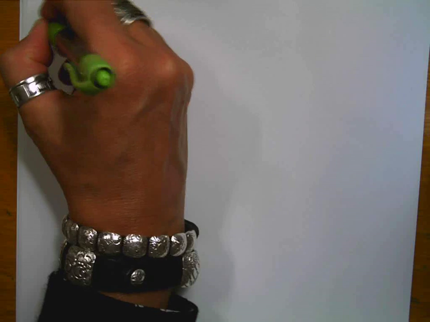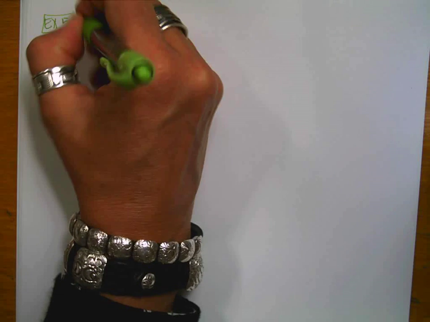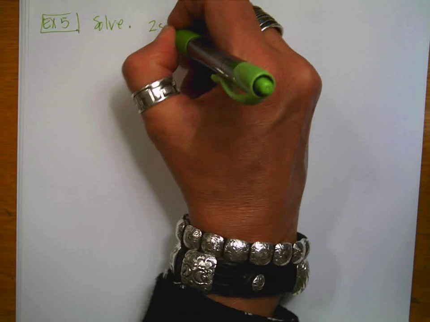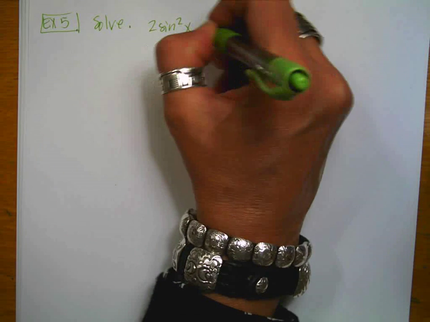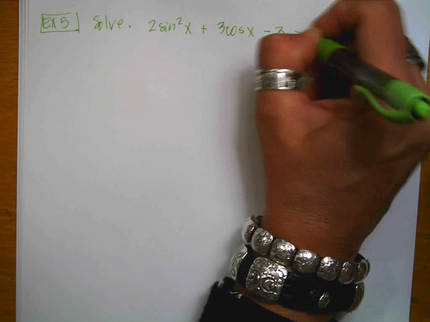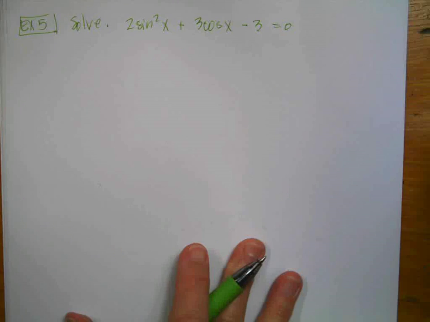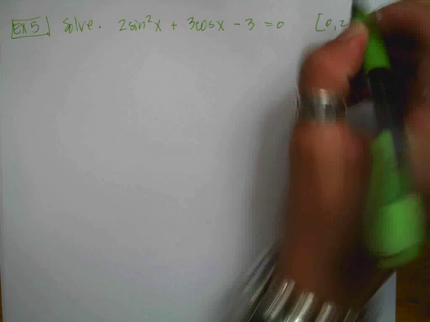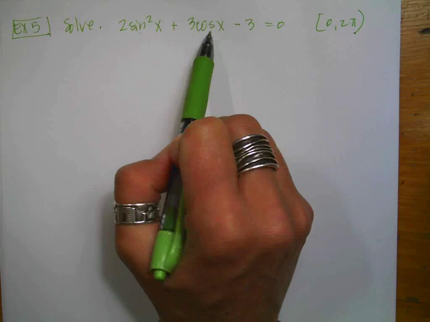Next example is going to involve some factoring, because we love to factor. So example number 5, it's your favorite F word. I want to solve, and I'm going to have 2 sine squared x plus 3 cosine of x minus 3 equals 0. So before I start, and I want to solve from 0 to 2 pi,